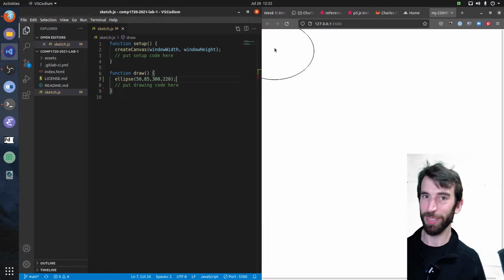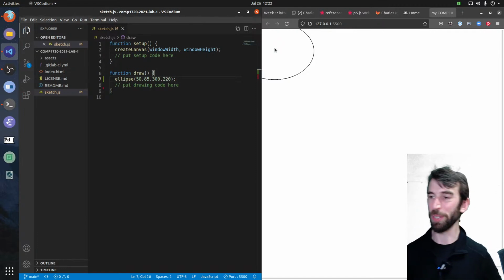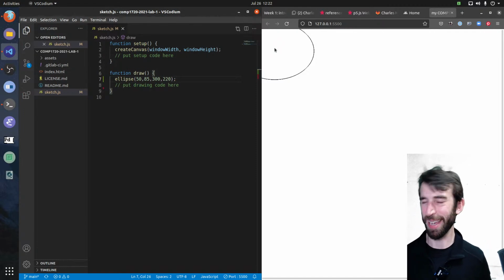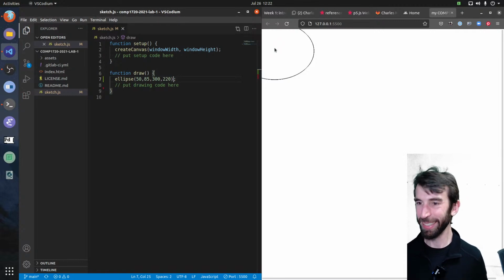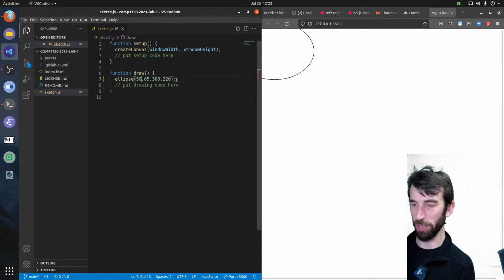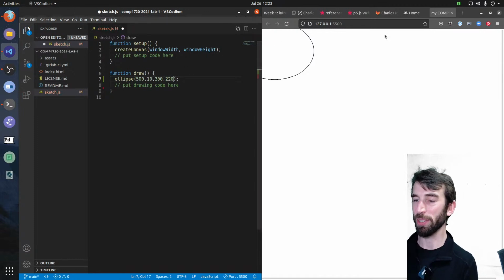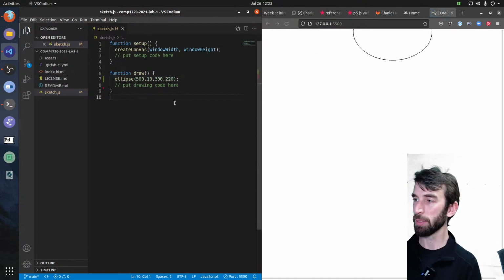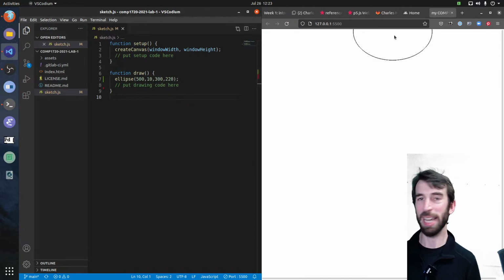A bumping circle. We will be doing circles that bump into each other in week 10, I think. Maybe earlier. The center of my circle is here, and it's very close to the edge, so when P5 draws it, some of the circle goes off the page. So I might move it more into the center of my page. Let's do an experiment. We'll do 500 pixels in and then 10 pixels down and see where it shows up. Wow, so it's kind of showed up where I pointed to. 500 pixels in, 10 pixels down, that's the center.